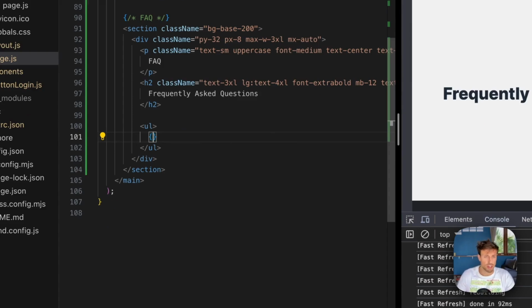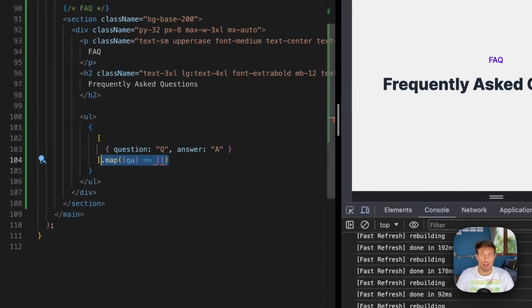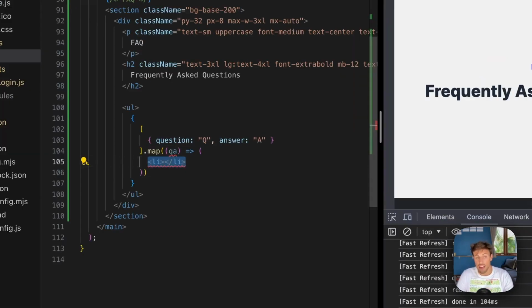We need to put some JavaScript in here. So then I'll need to create an array with, at the moment, just one object. This object has a key question and a key answer. Then I am going to map over this array so we can return some actual JSX. This is the function that we will run on every element. It's going to get each object with the question and the answer here,